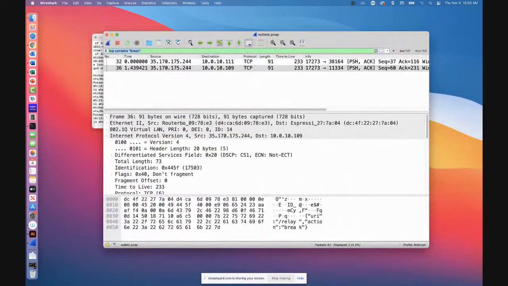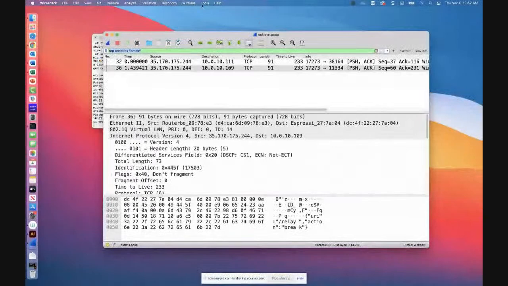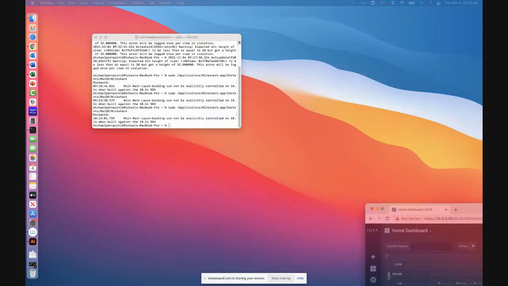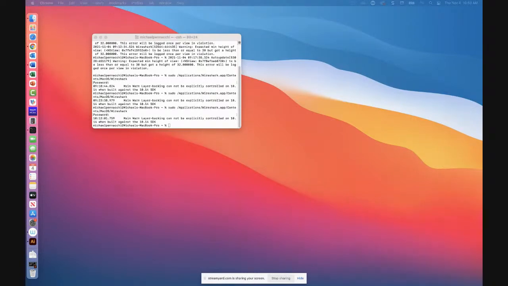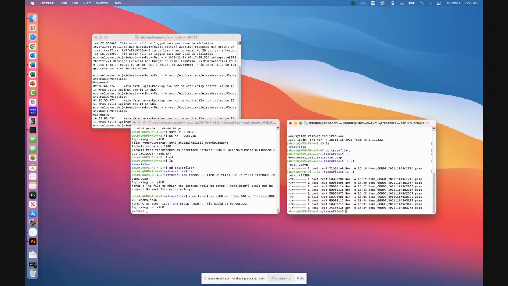I'm going to close Wireshark for a sec because it's got one of my screens jammed up. All right, so earlier, I showed you that switch.